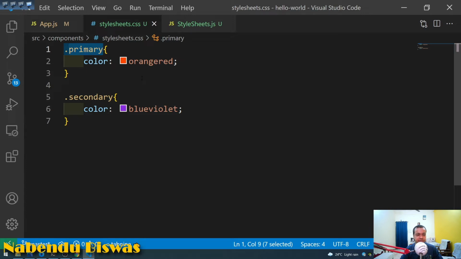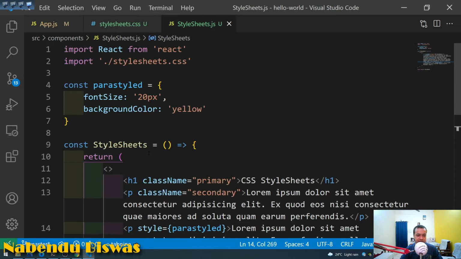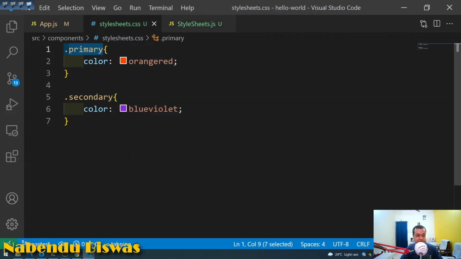Sometimes two different developers give the same name to different things, and it breaks all those things. So this will also break. Even if I am just importing it here, it will not be just here, it will be global. This style sheet will be global, and in some other component also it will be there. So the best way to solve this problem is something which is only in React, known as CSS modules. When you use modules, the styles are limited to that module only, but